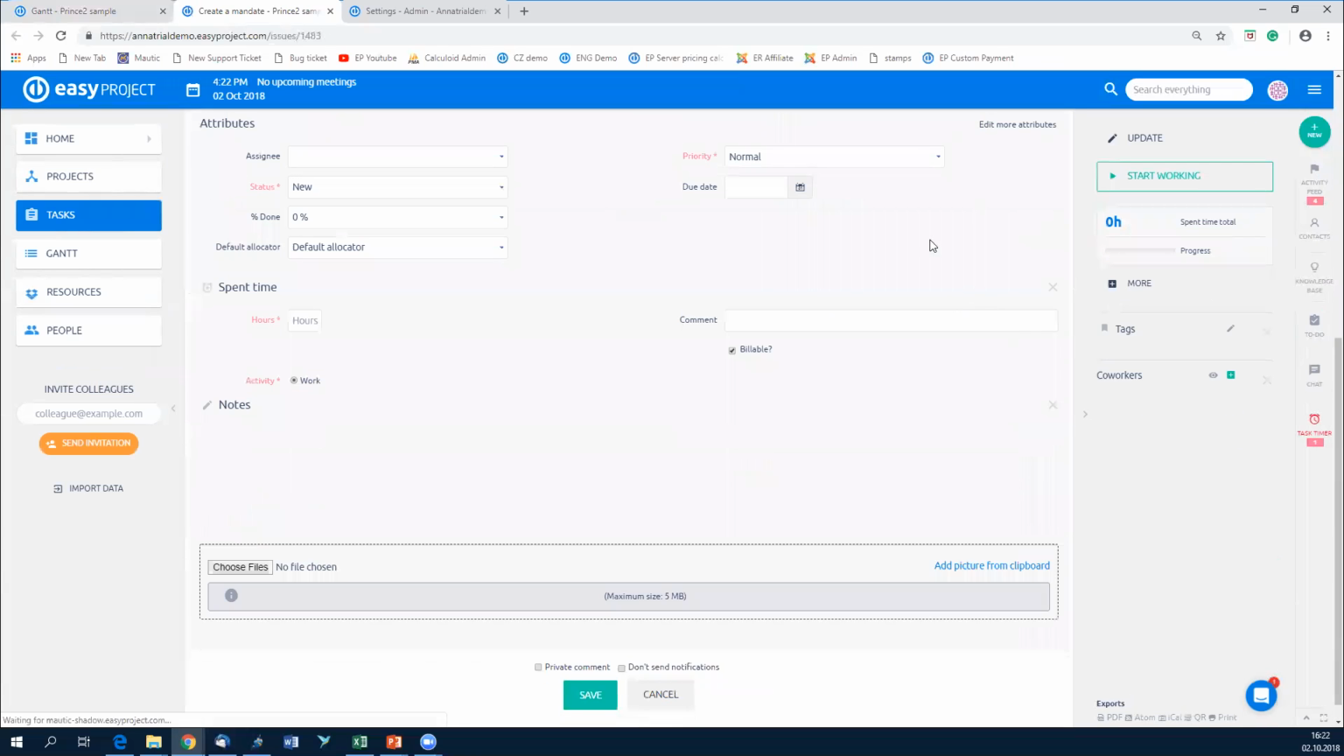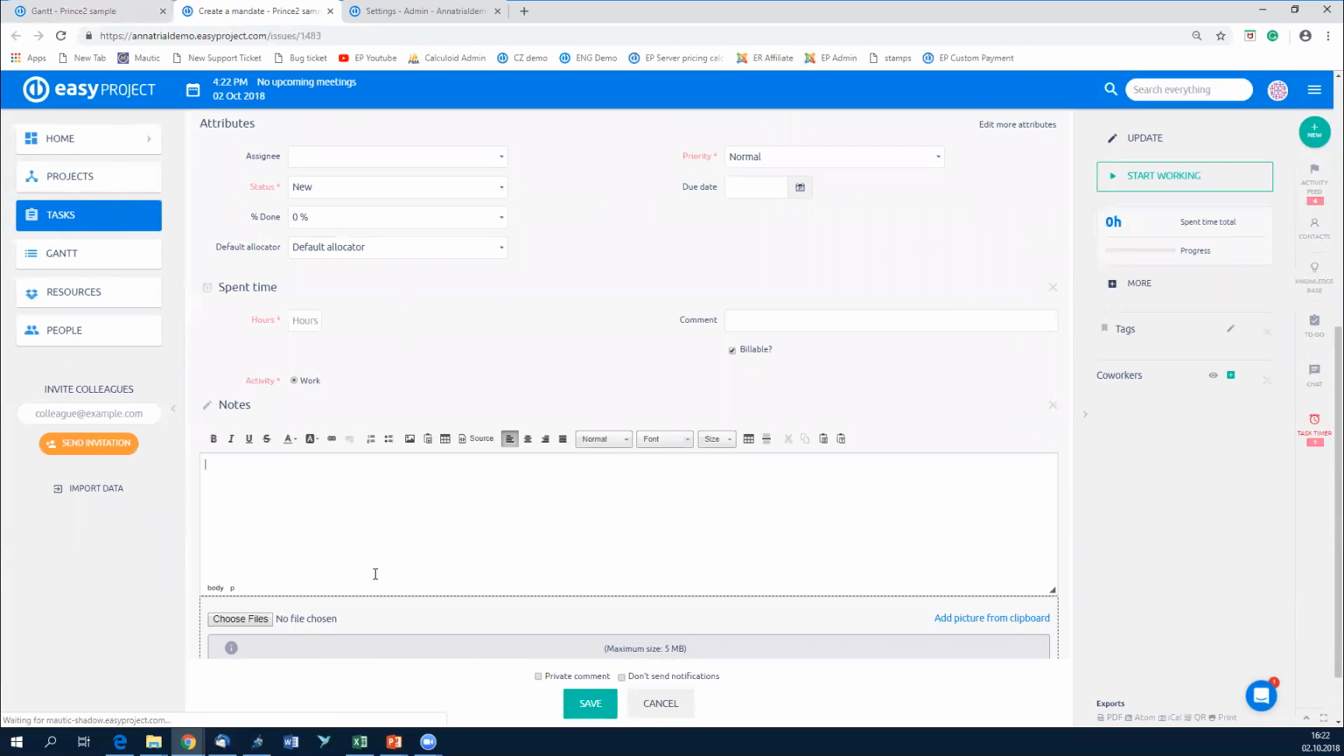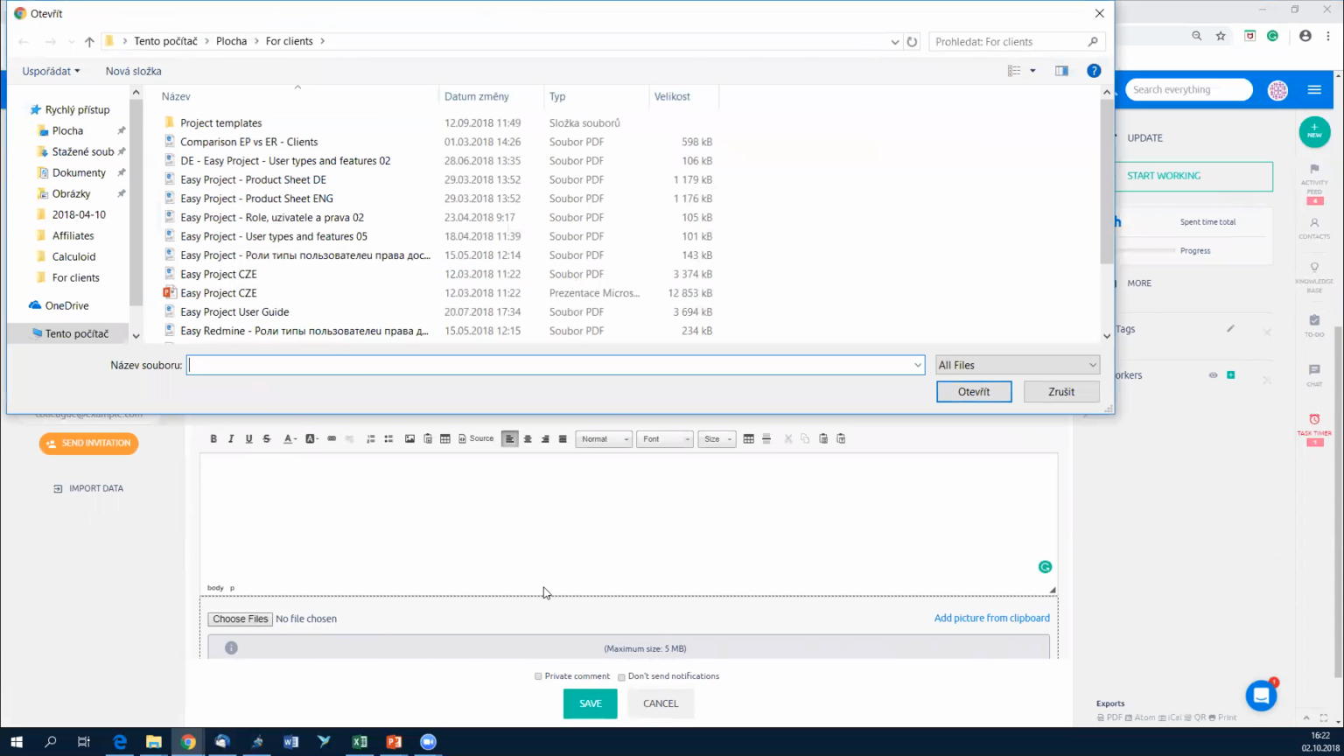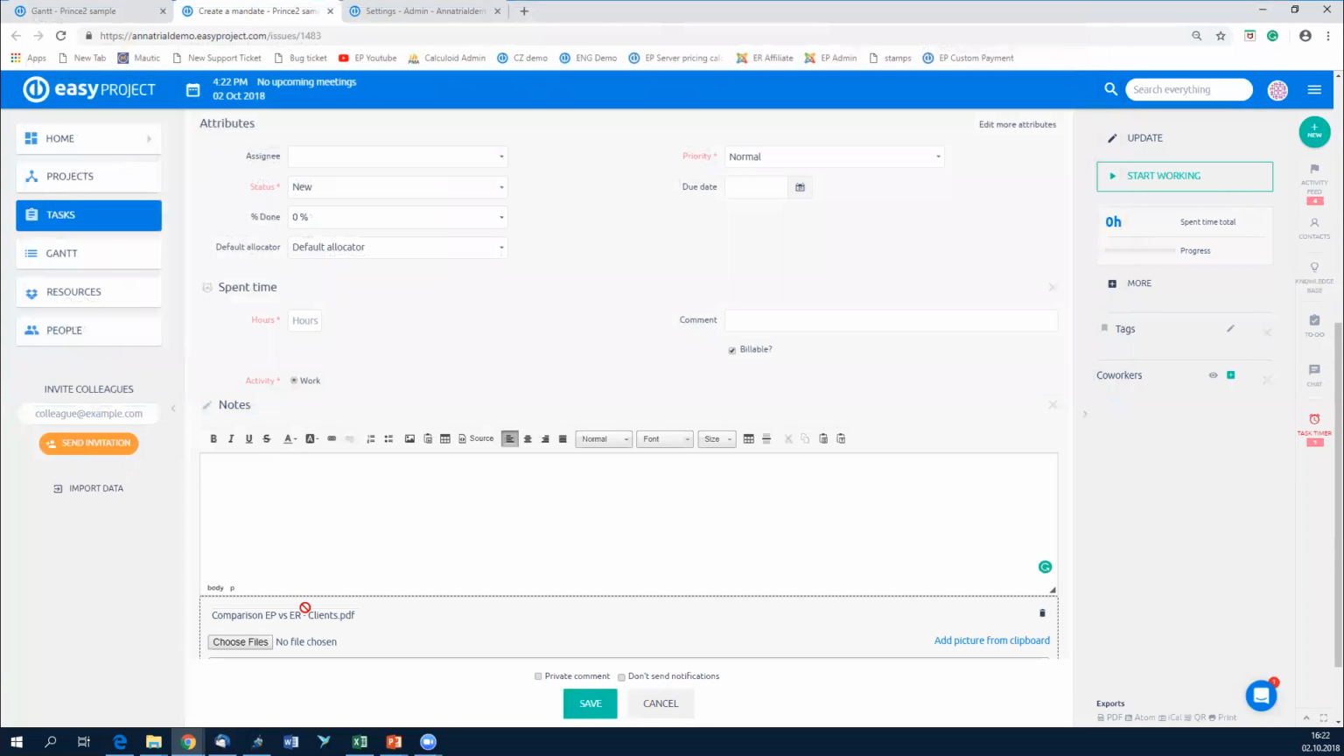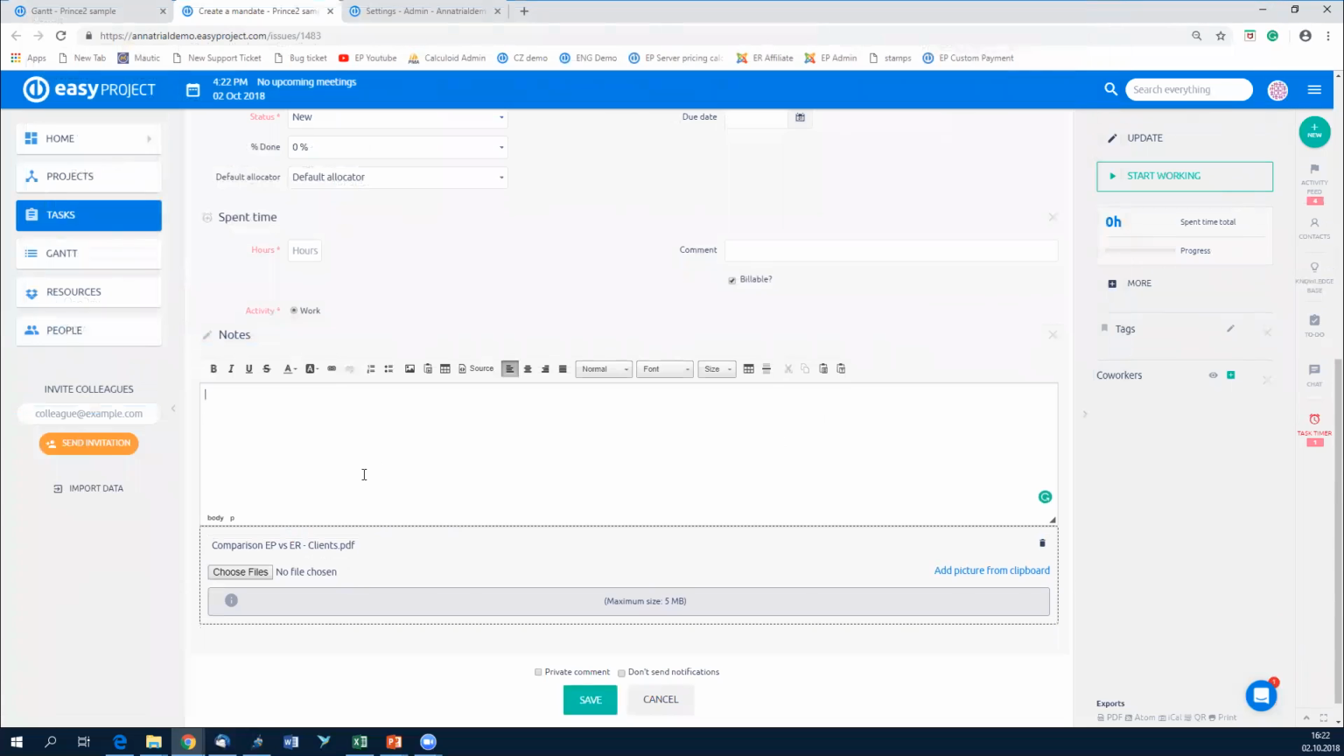So by updating it, we can either put the content of the mandate over here in the notes, or we can attach a file, just as an example, any file. So we can attach it over here, or we can also add some summary or anything we need to add in the notes. When we save this,